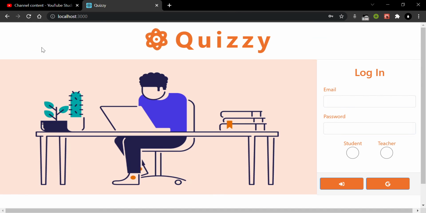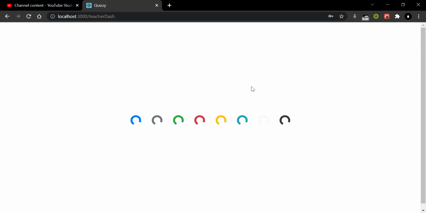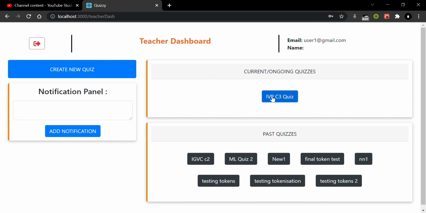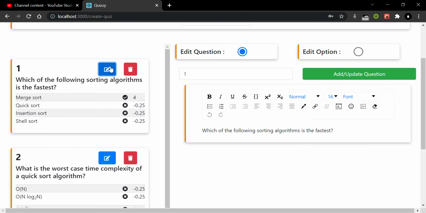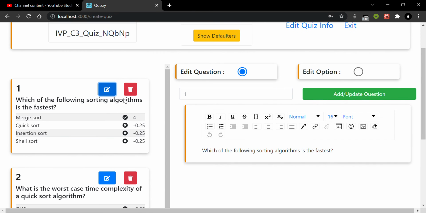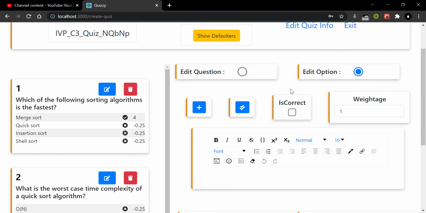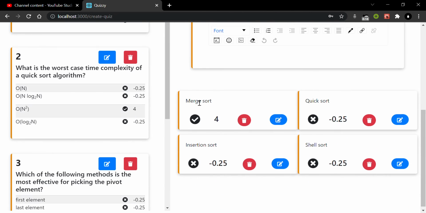Now let's log in as teacher, and if we move to a quiz and click on it, we will have various options for editing our quiz. As you can see, I have chosen this question, so this is the question palette. Let's make some changes. Let's shorten it, and I can also go to the edit option, where I have various options.